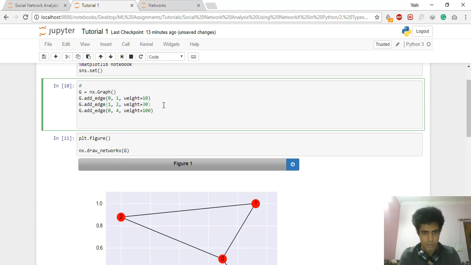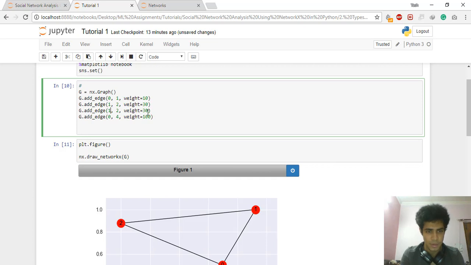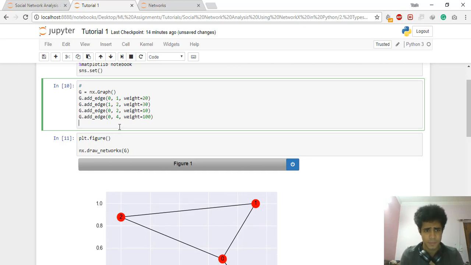Make sure that the shape stays the same. Okay, 0, 2. Again, notice that the order does not matter here, so we can just carry on with our analysis. Let's make it 10. Let's make this 20. Okay, I think that's it. Now,